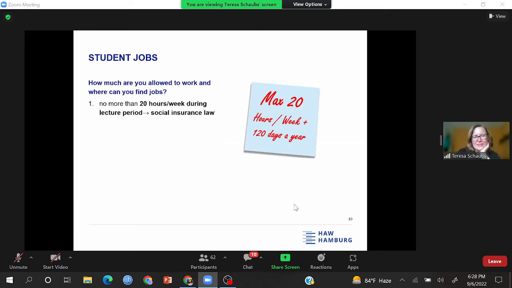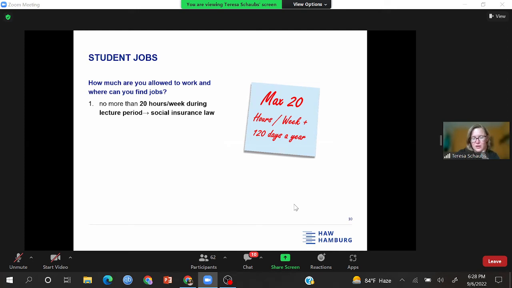The second fact is you are allowed to work no more than 20 hours per week during the lecture period. And this is a regulation that is set by the social insurance law. It doesn't have anything to do with the immigration office. Okay, that's the first fact you have to remember. 20 hours per week. This goes for every student, also for the German students.